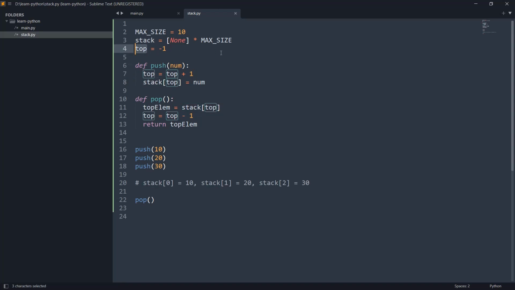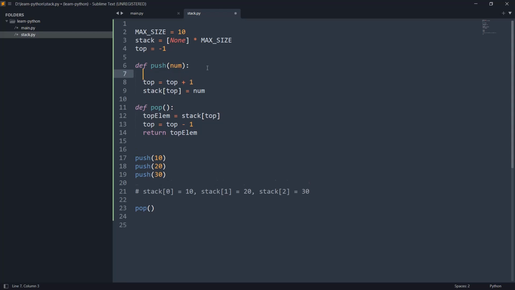One thing I forgot to tell you is that here we have declared the variables stack and top as global variables and we are using them inside push and pop functions. When the interpreter tries to execute the code at this line, top, it expects this top to be a local variable. But here we have not declared any local variable with the name top inside this push function. We are trying to use the top variable of the global one, right?